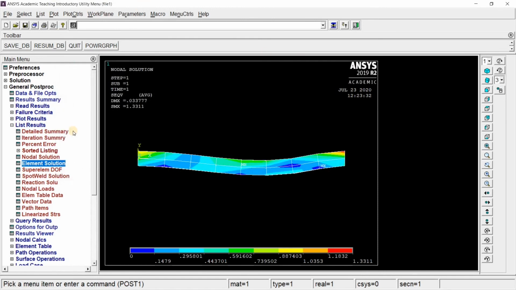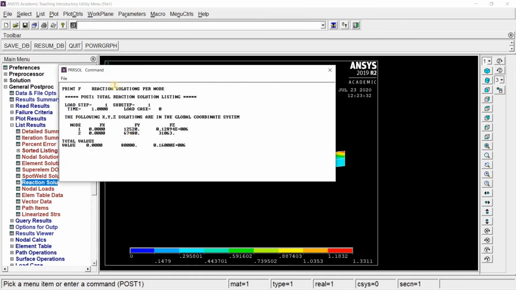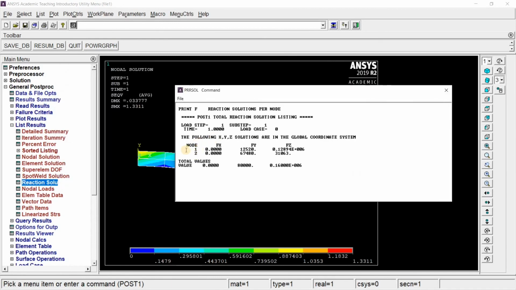We can view the reaction forces by going to reaction solution, give all structural forces and give apply. At node 1 and 2, that is at point A and point B, the reaction forces along all three axes will be displayed here. That is the Fx, Fy and Fz values.